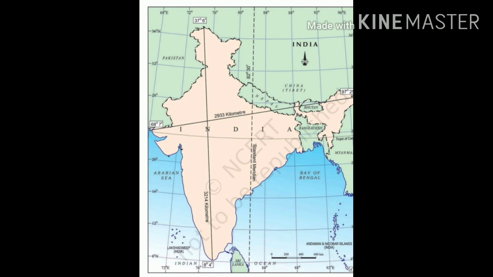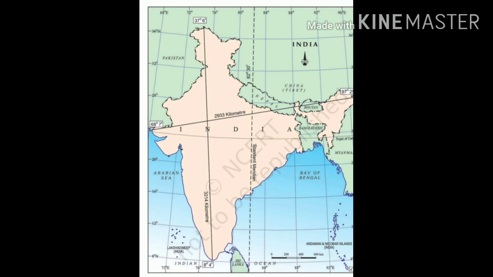India has its eastern extreme point in Arunachal Pradesh and its western extreme point in Gujarat. Remember, India's eastern point is Arunachal Pradesh and western point is Gujarat. India extends from 68 degree 7 minute east to 97 degree 25 minute east longitude, as you know before. So the difference between these two longitudes is almost 30 degree. So Arunachal Pradesh and Gujarat have a time difference of 2 hours.